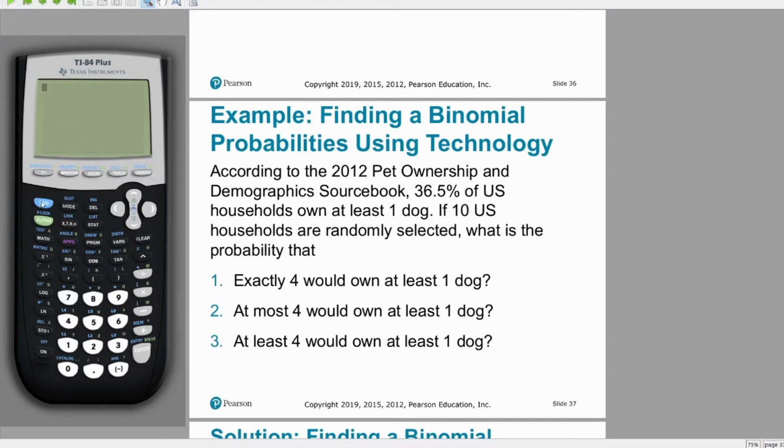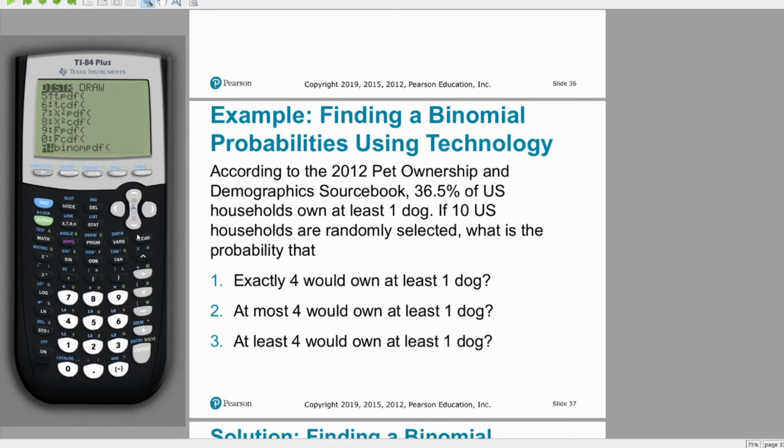And for this, we have to go into our distributions menu, which is where we're going to be spending a lot of time for the rest of the semester, so it's really good to get used to where that is now. You hit second, and then on vars, right above that, you see in blue DISTR. That means when we're in the second menu, we're going into the distributions. And from here, we're going to scroll down, or up, as you'll see later, until we get to option A,